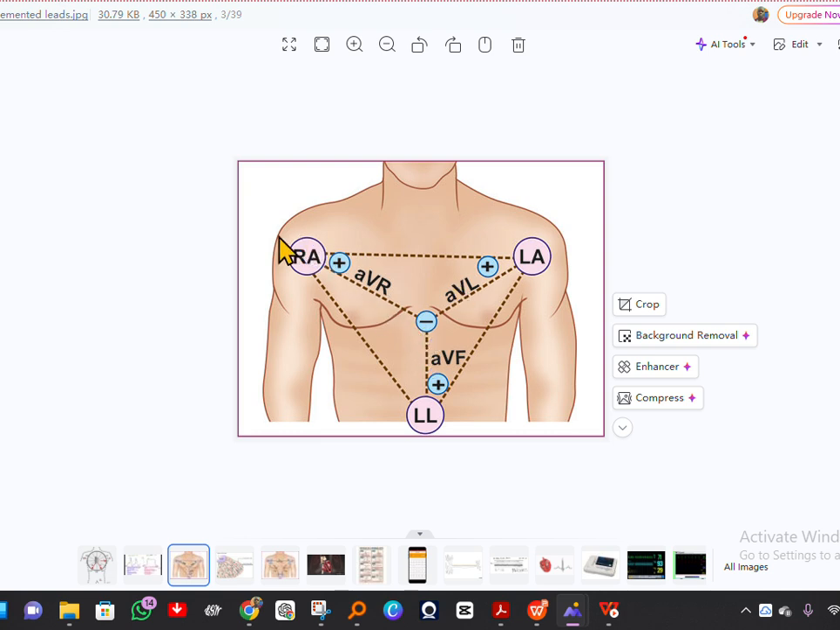So for them, this is their direction: from the mid of the heart towards the left hand, from the mid of the heart towards the right hand, from the mid of the heart towards the left leg. So you see that AVF is directly perpendicular. Then something small, if you look at this illustration,